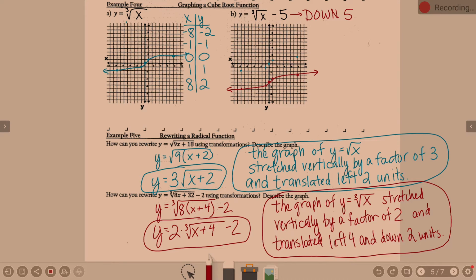Work time. Your homework, in case you are wildly unaware for some crazy reason, is lesson 6.8 in Math Excel. And if you are wildly unaware, I don't know where you've been, but